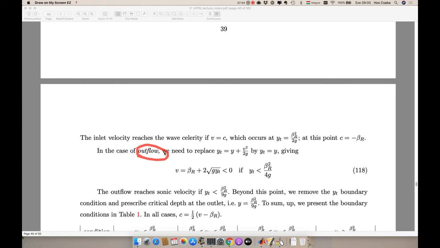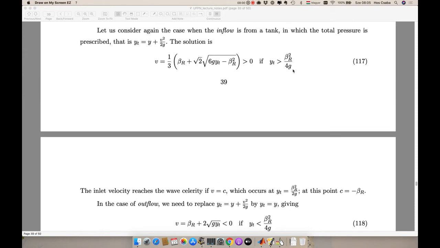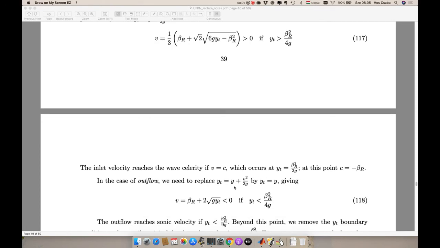Now if you happen to have outflow, which is again that this condition does not hold, then as previously, you have to replace this boundary condition, which is a lossless inflow, with this boundary condition. This is pretty much the same as earlier. You're losing the kinetic energy. So now this equation is replaced by this equation. You solve again the whole problem, and then you come up with this. Okay, and this holds only if the tank water depth is smaller than this value,